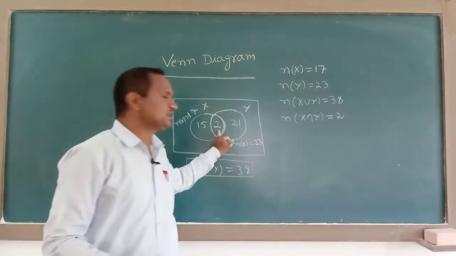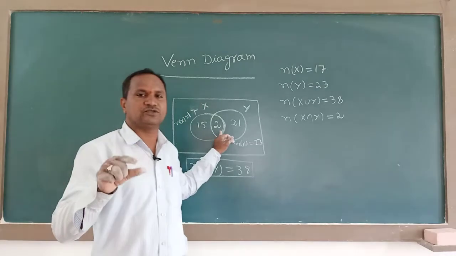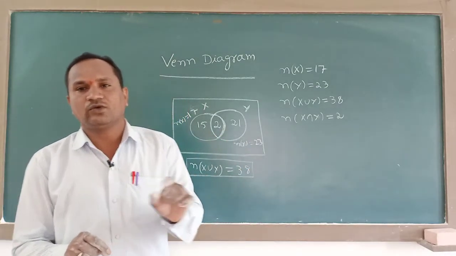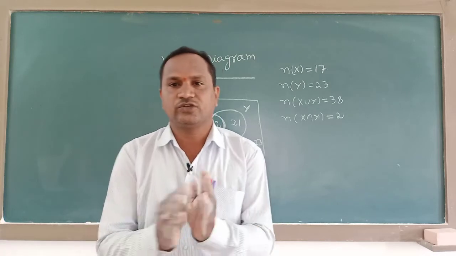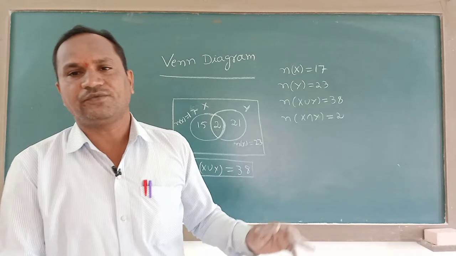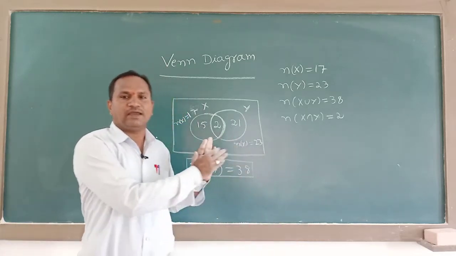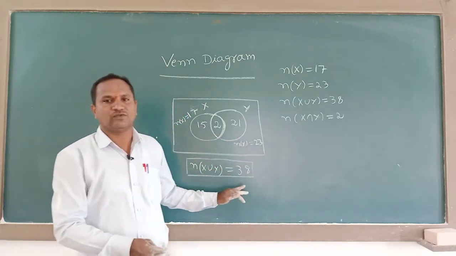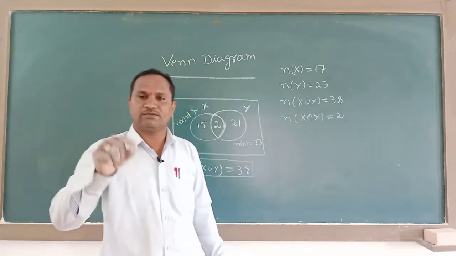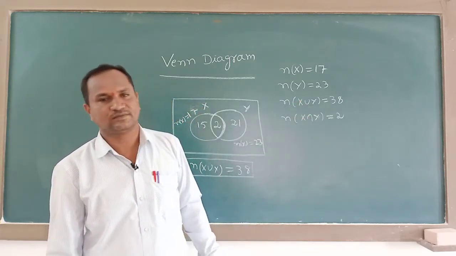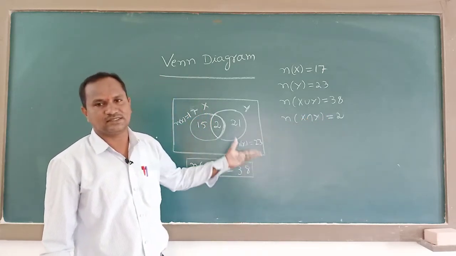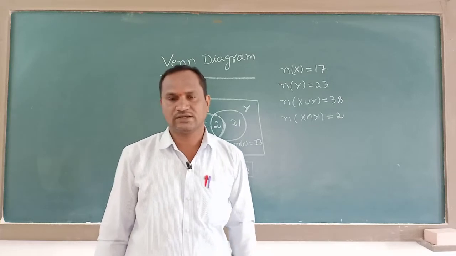First, common elements. What are the common elements between those two sets? We should write that. With the help of that only, we are going to write the number of elements individually for the sets x and y here. Then afterwards, you can add all the elements. You should get n of x union y is equal to 38. How much they gave? We must and should get that much only here. They gave 38 and we got also 38. This is the Venn diagram for this question.